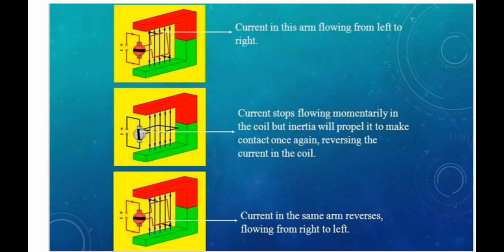The current stops flowing when the conductor is at 90 degrees, parallel to the magnetic field. At that time the force becomes 0, because it does not experience any force. As we have discussed, when a conductor and a magnetic field are parallel to each other, the angle between them is 0, so the force experienced by the conductor is 0. But when the armature coil turns to the vertical position, the magnetic field and the conductor are at a 90 degree angle, and the conductor experiences a maximum force.